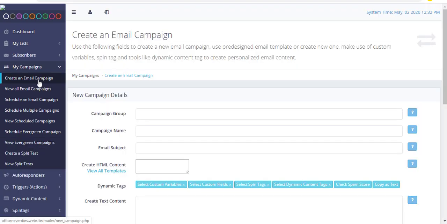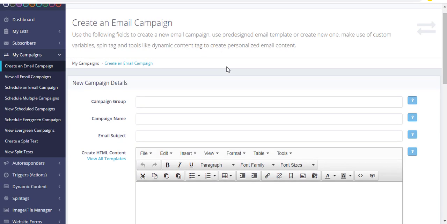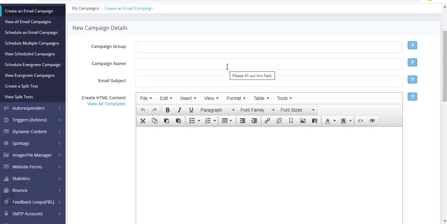Actually, creating an email campaign doesn't mean that you are going to send an email. It is just like you are finalizing some template, and you are finalizing the text that you have to send. So for this purpose, we can create some demo campaign that we can do here. For example, hello, this is a test email campaign.